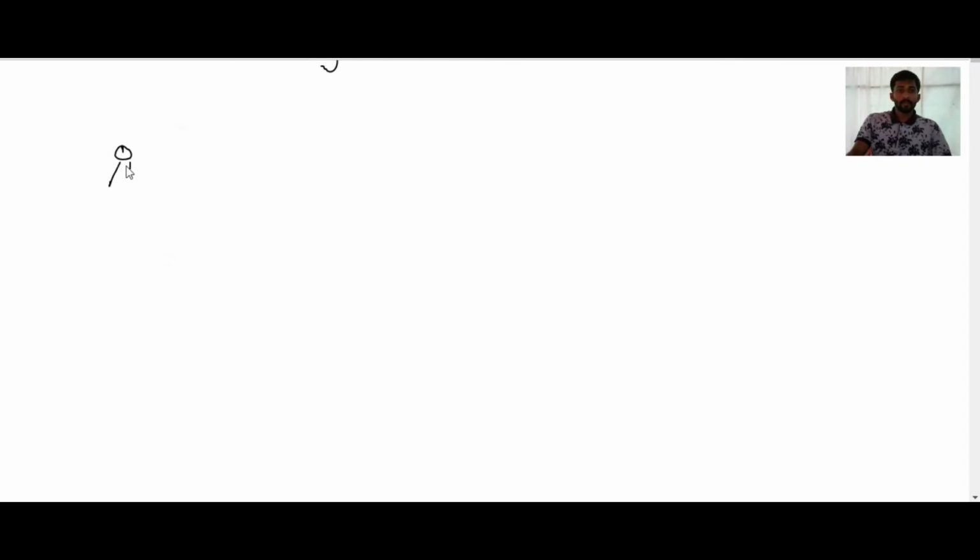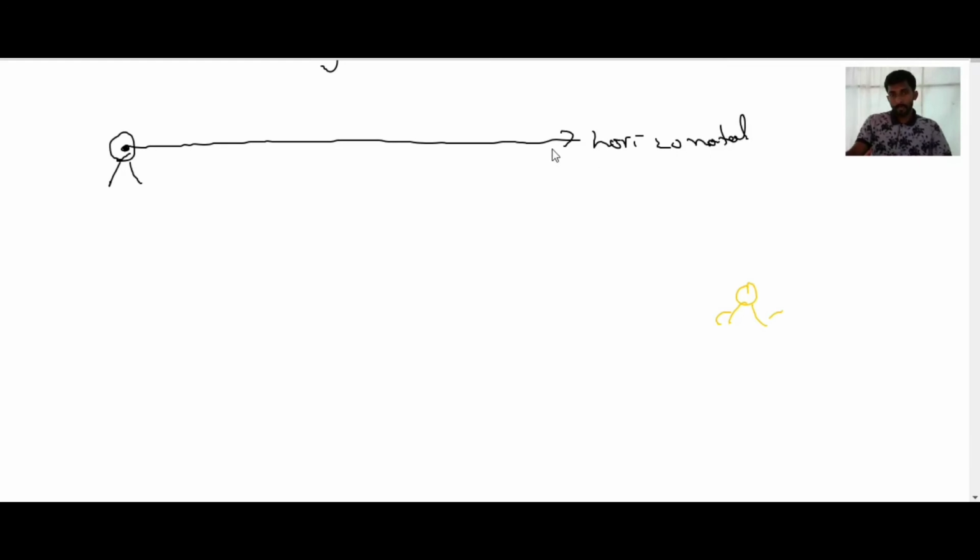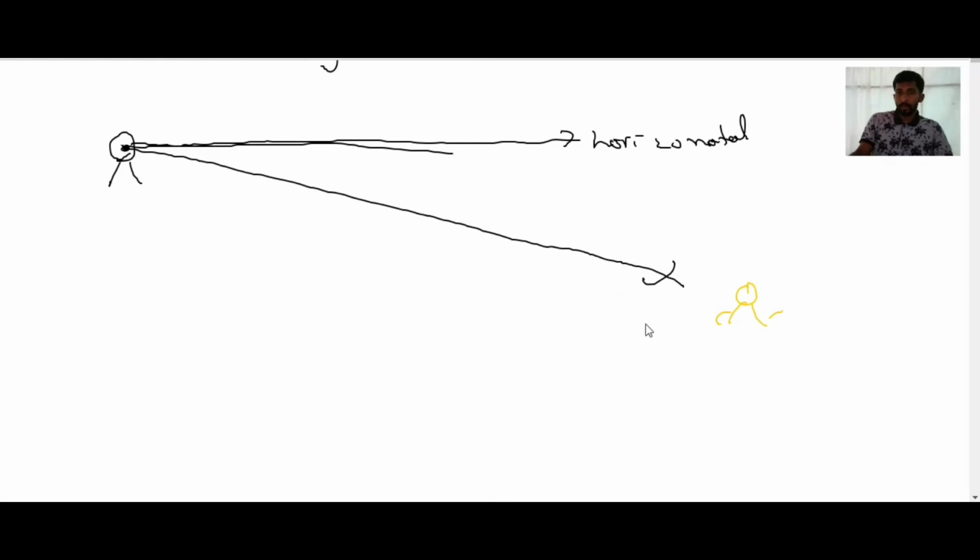Now consider the same example. Here you have a person who is playing PUBG. Suppose here an enemy is there. Assume that he is an enemy. Then see from the person's eye, assume that you are lying on the ground. Then that ground is our reference line, that is our horizontal line. Now you are looking at your enemy. Then see clearly that person is below the horizontal line, below the reference line, right? You can clearly observe. Suppose you are looking at that person like this using the scope.